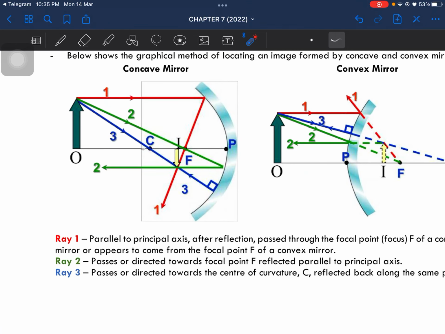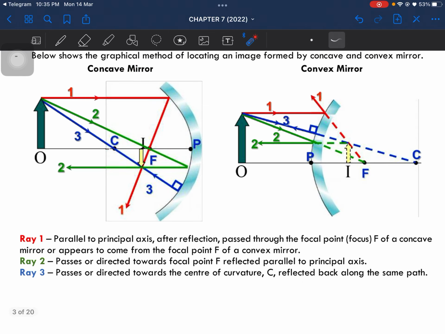If you have problem remembering what a concave mirror is, if you look at the word cave, the mirror actually kind of looks like a cave. I mean, it caves inside. Alright. Now, for the concave mirror,